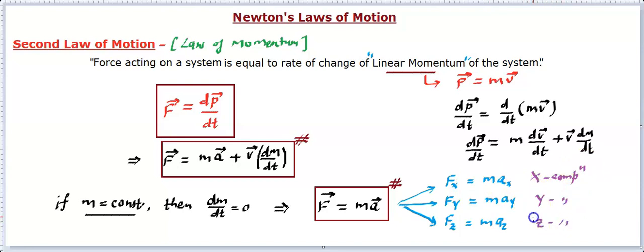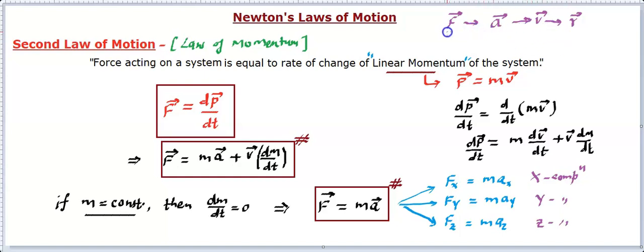So you see a system, draw all forces, make all forces into components in the x, y, z directions respectively, and then put the force value in the x direction, Fx = m ax. From here you find ax, then you find ay, then az, then you can find the total acceleration of that system. Once you are able to find the total acceleration of the system, you can connect with the kinematics. How? Once you know a, you can find the velocity. Once you know velocity, you can find position. So this will be the kinematic version. And how do we find this a? That is because of F. Now you can see the link is completed.